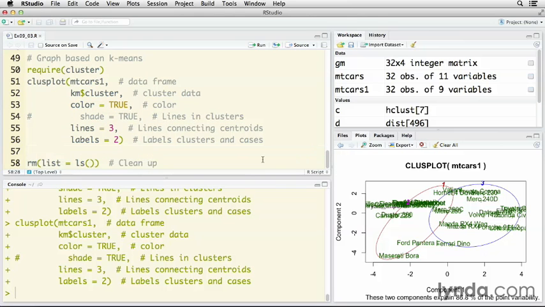In any case, that is our initial take on clusters. Now, we're going to, in the next movie, talk about principal components and factor analysis, which can also be a way of looking at the relationships between variables, but a way of thinking about clusters as well. That's where we'll turn to in the